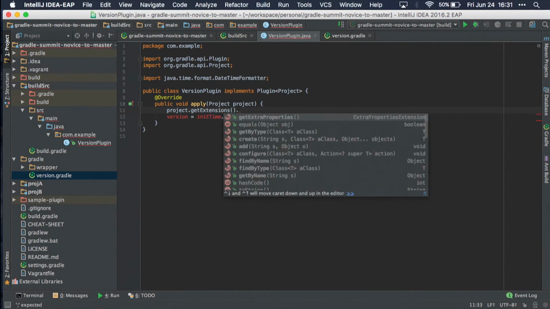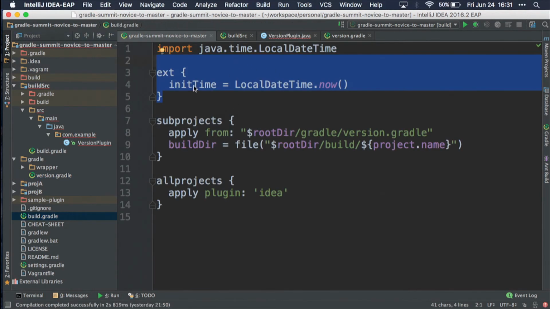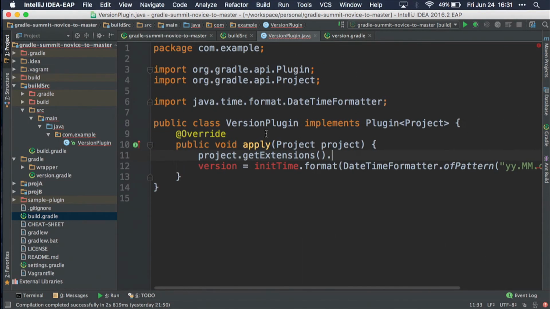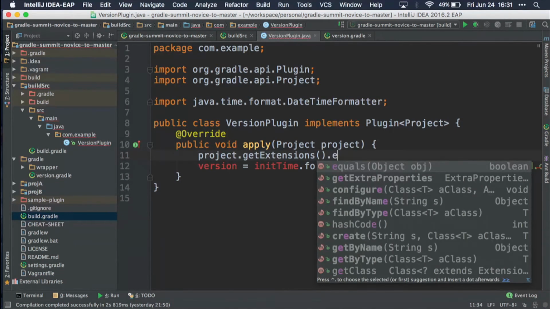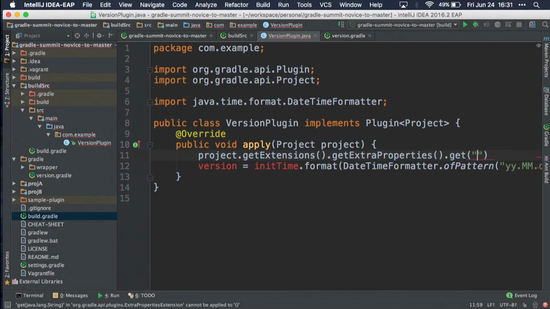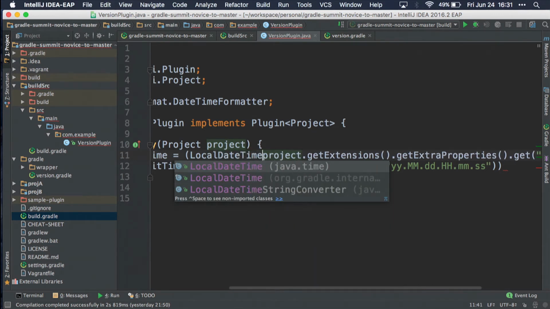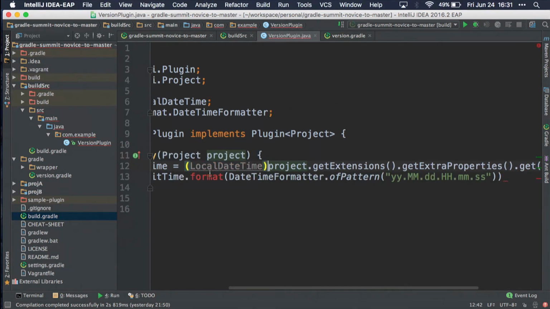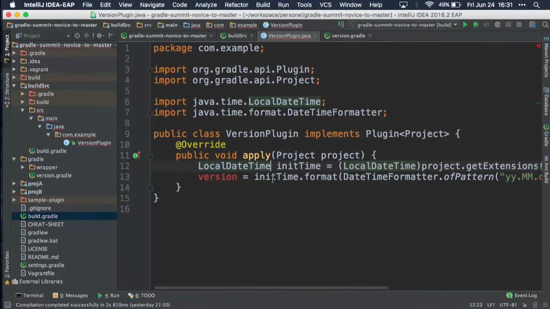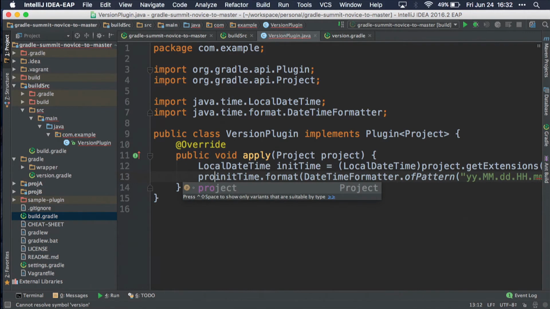Project.getExtensions. So from this closure that I did, this is the extra extensions, extra properties. So I'm just going to retrieve it. Sorry, it's not big enough. Get extra properties dot get, and then initTime. Save it somewhere. I know it's a LocalDateTime, so I'm just going to cast it to that. And then here I've got access to project. So instead of using the dynamic property setter that Gradle's going to give me, or Groovy's going to give me, I'm just going to call project.setVersion